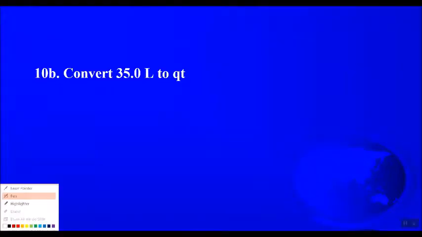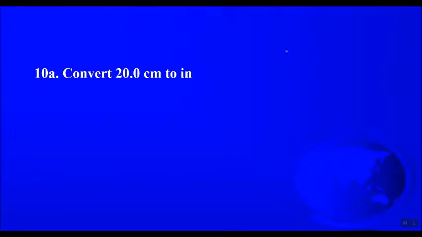How embarrassing. That's what happens when your brain is out of teaching. 1 liter is equal to 1.057 quarts. I've not taught chemistry since last March, and it is